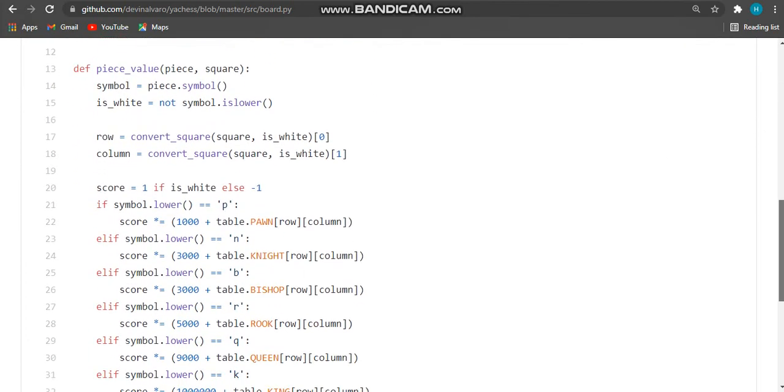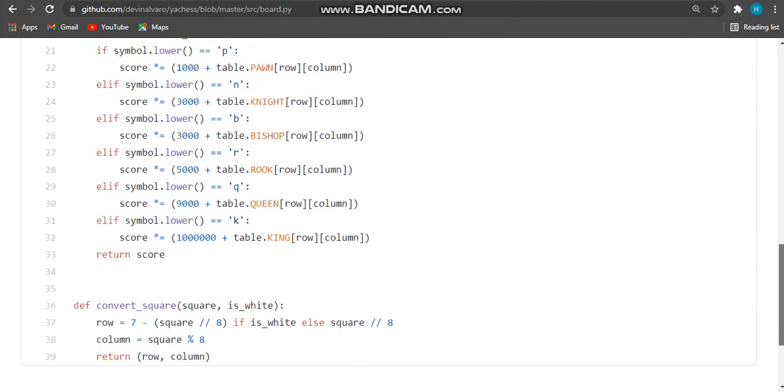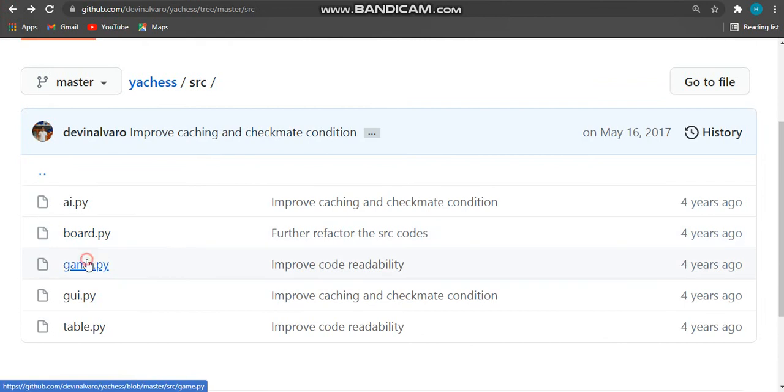Here, like knight, rook, queen, king. For example, a knight in the center of the board is better. Then at the end they just convert the square. So this is the third file,